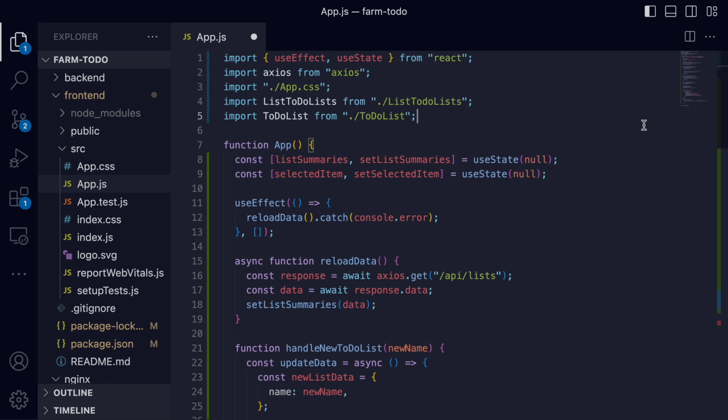Then for state management, we have the list summaries that stores the list of to-do lists, and the selected item that stores the selected to-do list. We have the useEffect hook, which is going to call reloadData when the component mounts to fetch initial data. And the reloadData function will fetch the list of to-do lists from the API and update the list summaries state. And you can see it's doing http.get